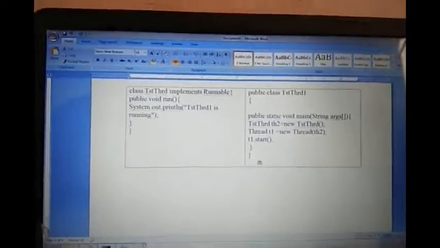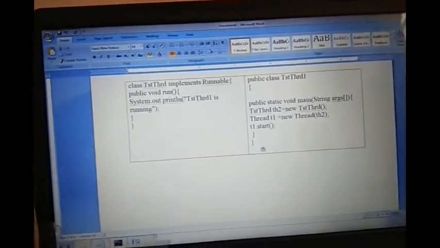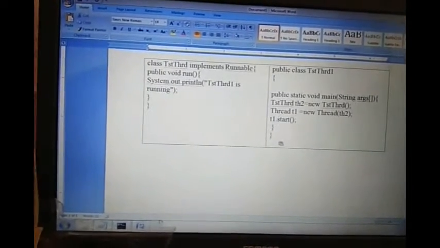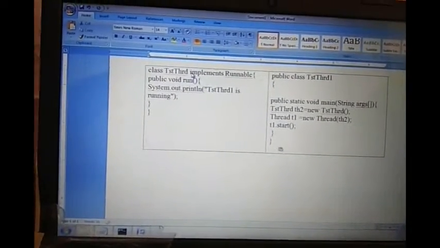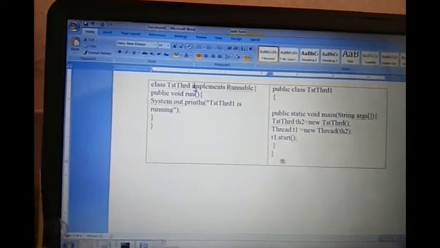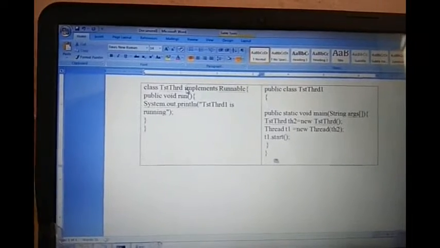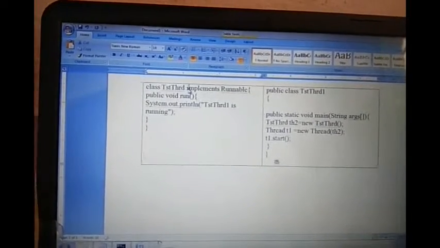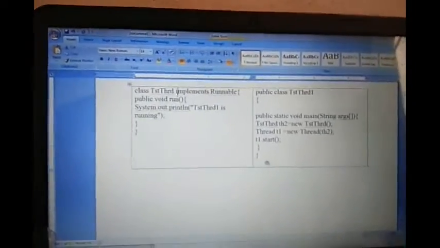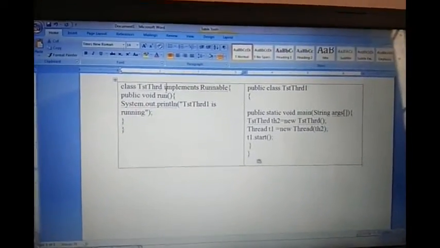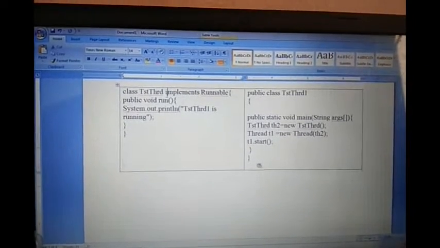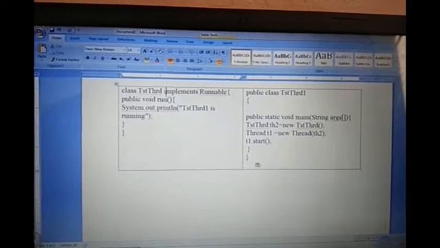If you compare with the first approach, in the first approach we write after the class name extends thread class, but now we write after the class name implements runnable, and then the actual implementation of the thread is written in the public void run,